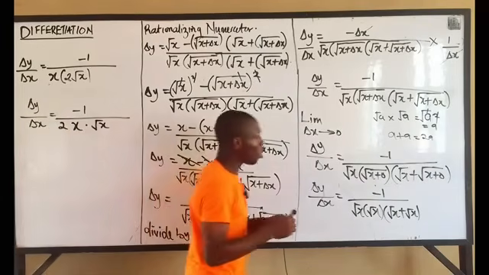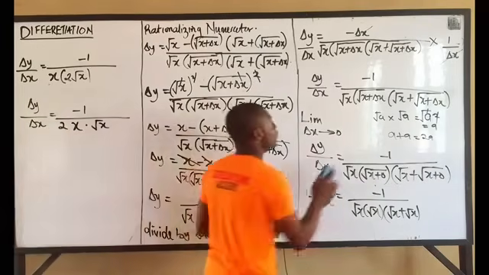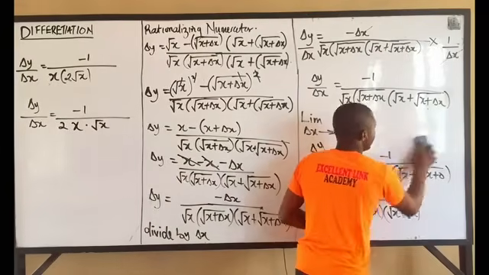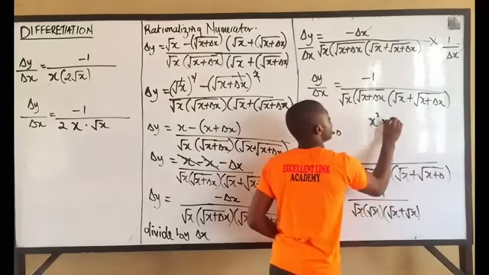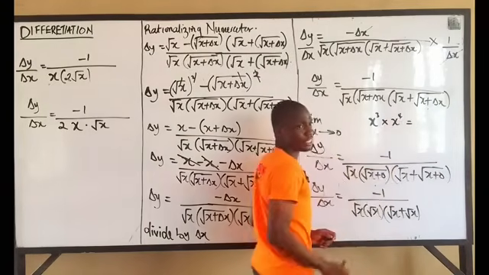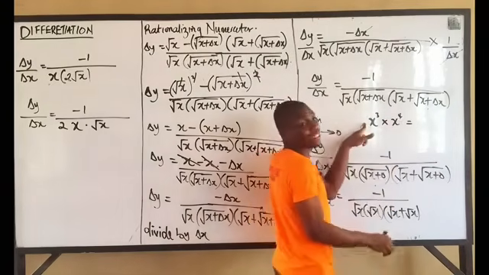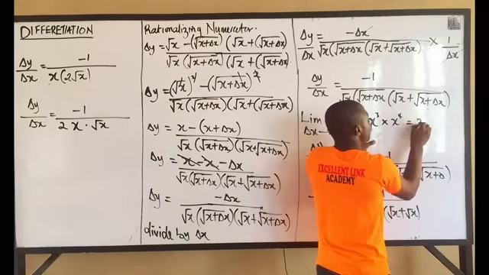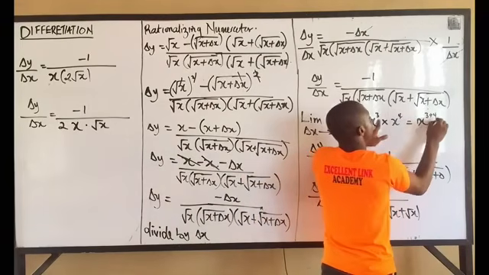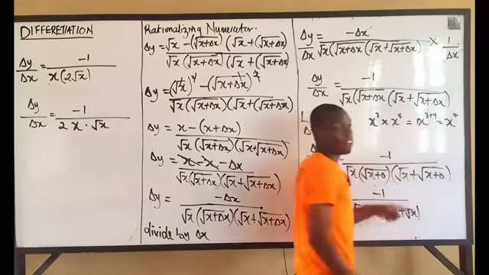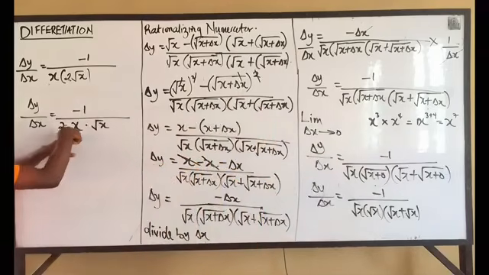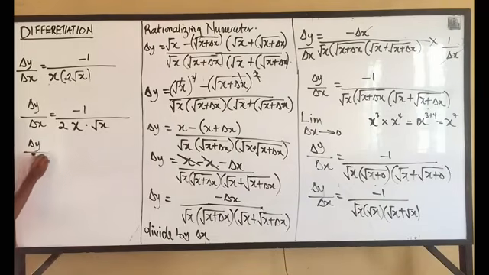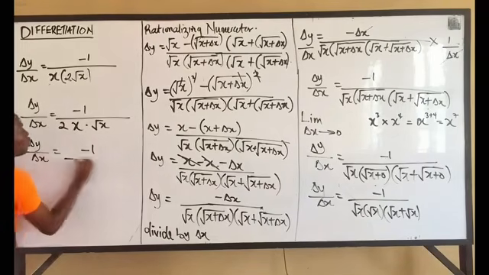Now, from indices, look up. From what you know, if I have x to power 3 times x to power 4, what happens in this case? I'll add the powers, right? They are the same base, so pick out one and add the powers, 3 plus 4. What's x to power 7? I apply this idea here. It means that if I have x times root x, I'll have that change in y over change in x is equal to minus 1 all over